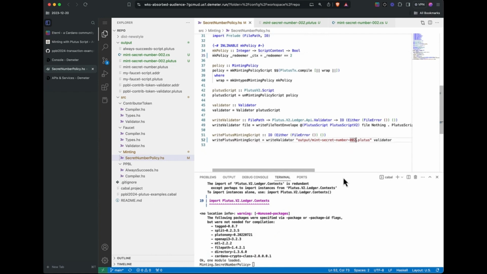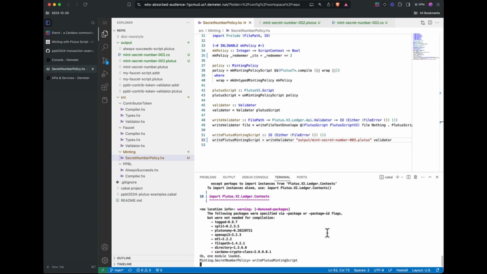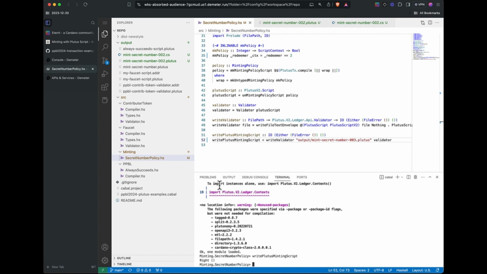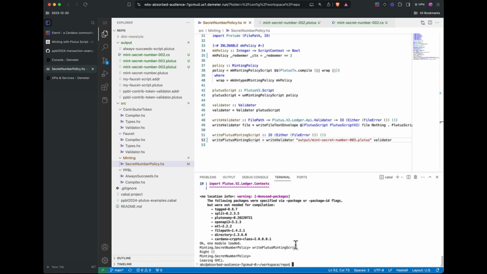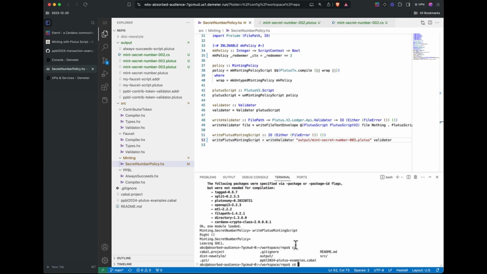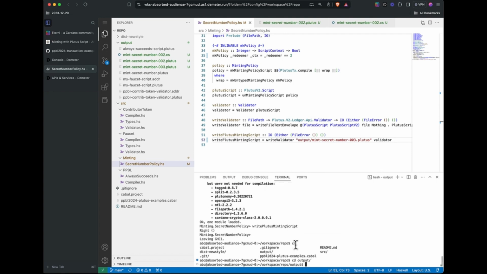And then let's change this to just another number. Save it again and reload. And now let me write the Plutus minting script once again. Okay, and a new file is generated. If I leave the REPL again, Control-D, and I once again CD into my output directory,